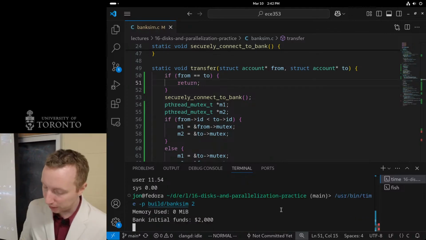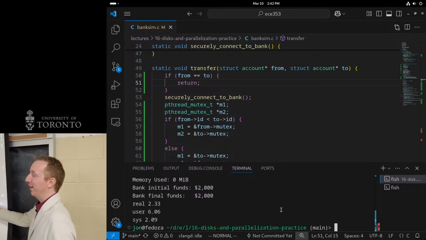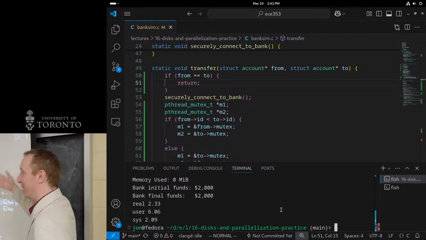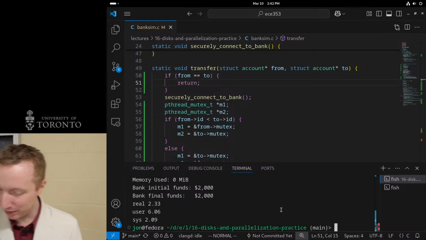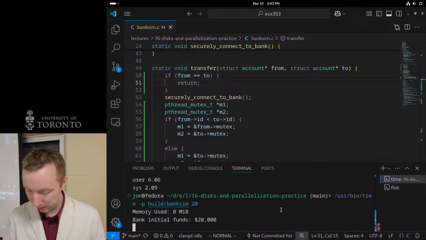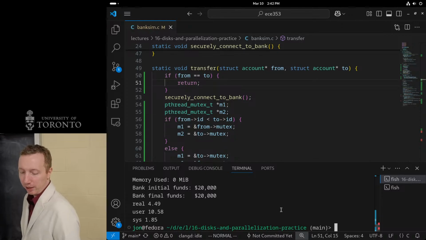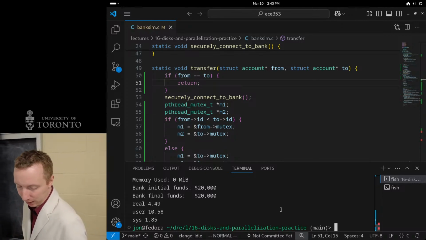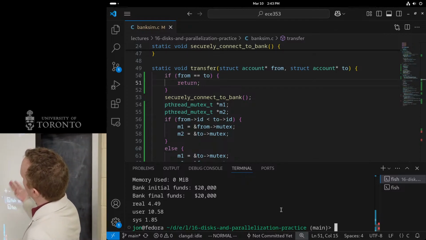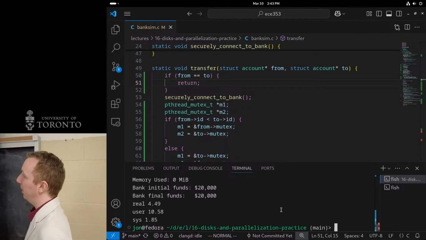So if we only have 2 accounts and we have 8 threads, oh, well, that one runs faster anyway, because it's very likely that it's going to be the same account, right? So minus that kind of optimization, it falls off after a while. So let's say 20. If we have 20, we can see that, yeah, it's quite likely that they'll interfere with each other. Actually, that was slightly better than 10, but whatever. The more accounts we have, the less contention we have, and the faster it will likely be.